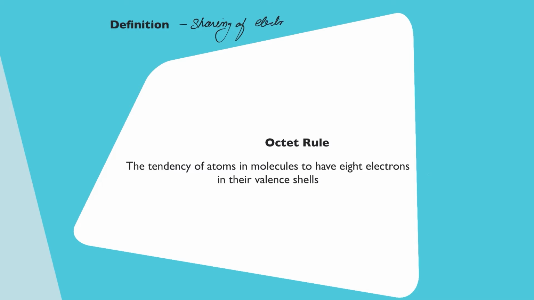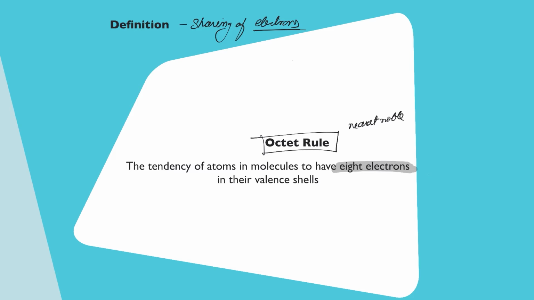Now, why do we need to share electrons? Because simply we do not have always the energy to transfer the electron. For formation of an ionic bond, you need to transfer, and the transfer of electrons takes a lot of energy, right? We do not have that kind of energy, but we understand that nevertheless, we need the octet rule to be satisfied, which says that molecules tend to have 8 electrons in their valence shell, right? So the atoms need to acquire the nearest